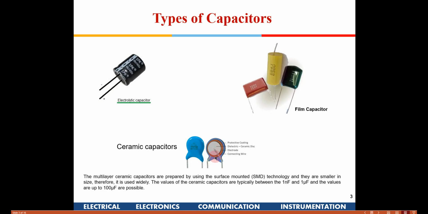Within this you have one metal layer, then an insulator, one more metal layer, like that. So you have a set of capacitors connected in parallel, which gives an effective large capacitance, up to the value of 100 microfarad. In olden days we just had ceramic capacitors of pico or maximum up to nano, but now even 100 microfarad ceramic capacitors are available. Film and ceramic capacitors can be connected either way in the circuit without bothering about the positive and negative terminals, whereas with electrolytic capacitors you have to be careful about how you connect them.